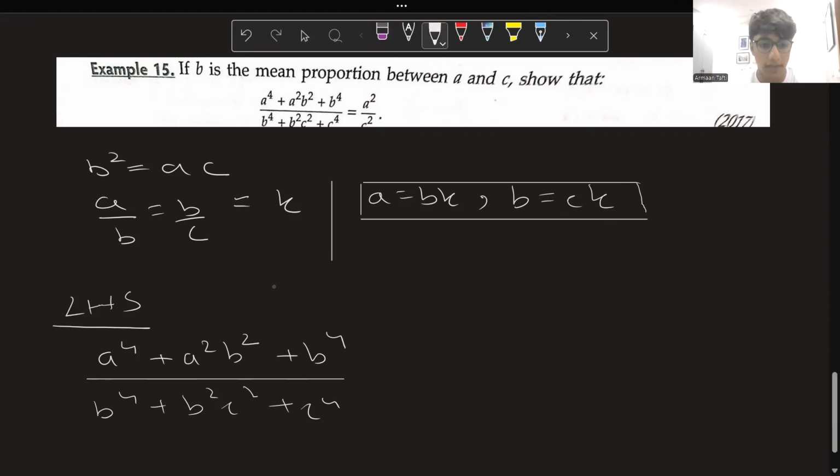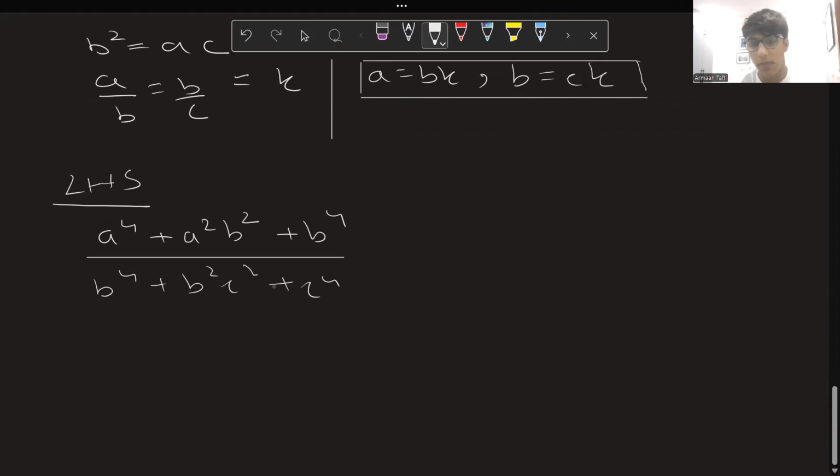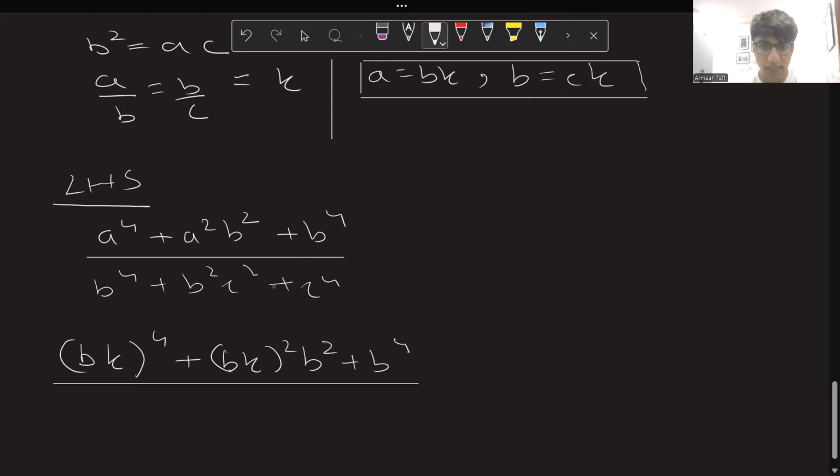So let's see how we'll go about solving this. Again, either substitute A or substitute B. In the numerator, substitute A, because in the denominator you will have to substitute B, since C doesn't have anything that you can substitute it with. So simply substitute A here. A is equal to BK, so this is BK to the power 4 plus again BK whole square times B square plus B4. Now do the same for B in the denominator. B is equal to CK. So you have CK to the power 4 plus B square, which is CK square, times C square